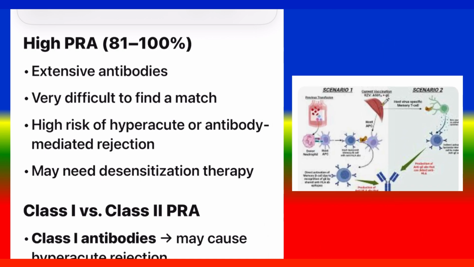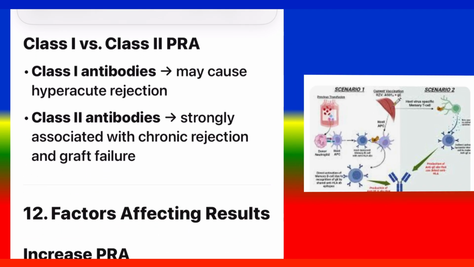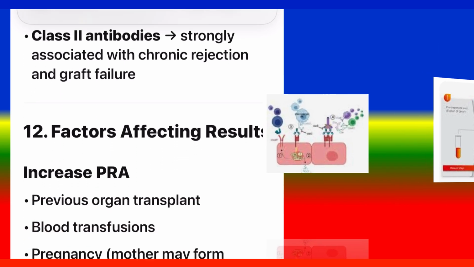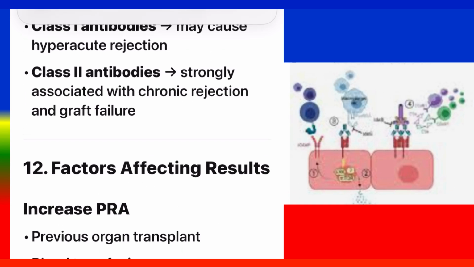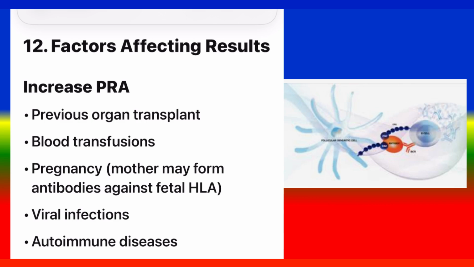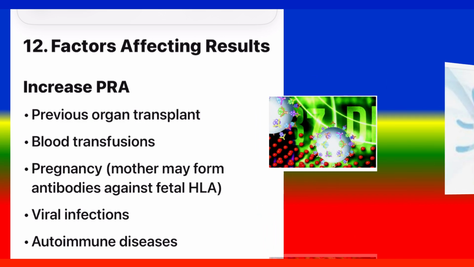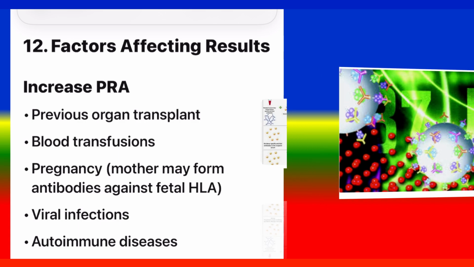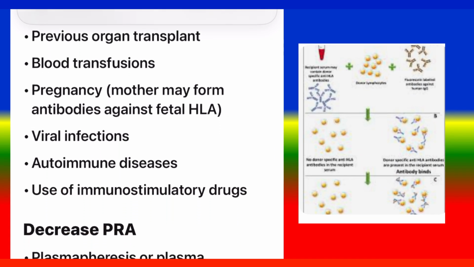Class 1 versus Class 2 PRA. Class 1 antibodies may cause hyperacute rejection. Class 2 antibodies are strongly associated with chronic rejection and graft failure. Number 12. Factors affecting results. Increased PRA: previous organ transplant, blood transfusions, pregnancy, where the mother may form antibodies against fetal HLA, viral infections, autoimmune diseases, use of